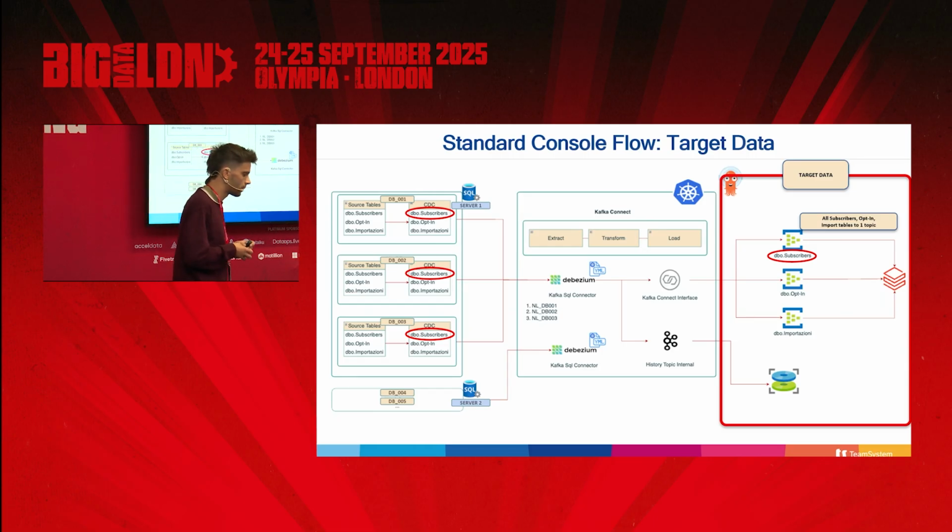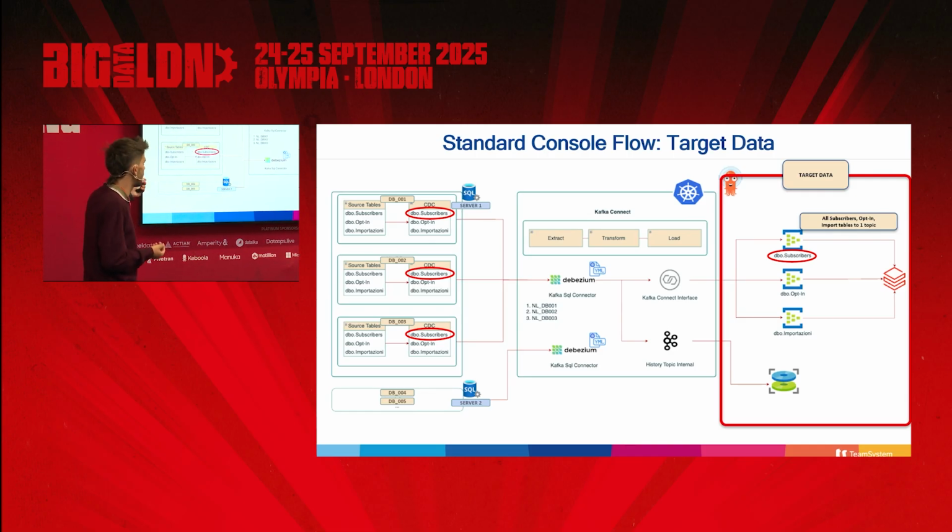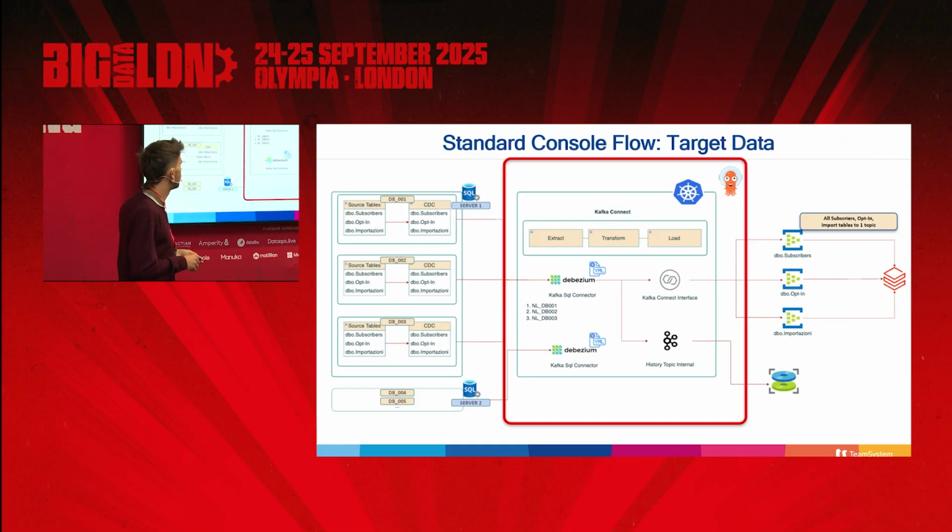And so what we decided to do is to create one dedicated topic for each table, and so the source tables are the databases and the target data is the Kafka topic, and what's there in the middle? In the middle there is a